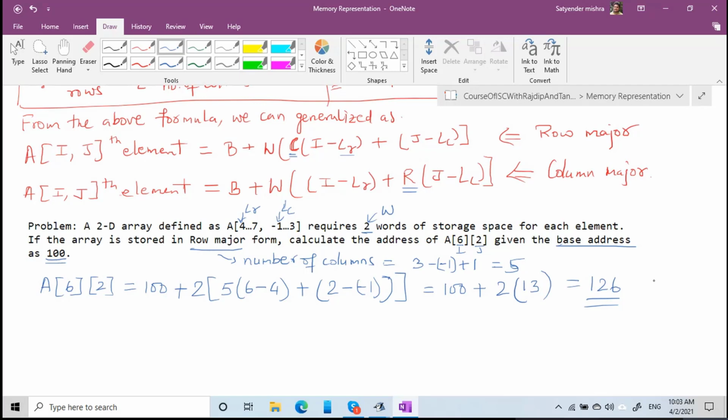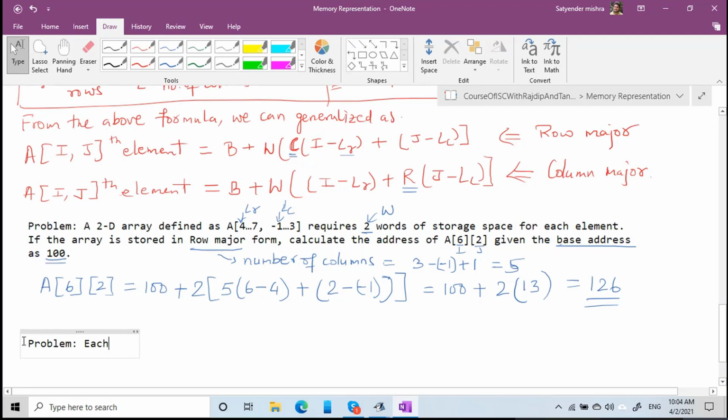So let me show you one problem of column major also. Element of the array. So this is a 5-mark question. Sometimes they will give you 2 problems, one problem from row major, one problem from column major, and they will give you 5 marks, 2.5, 2.5. Okay. So you do problems because you will find there are many different kinds of problems present in your book. I am giving you some basic problems.